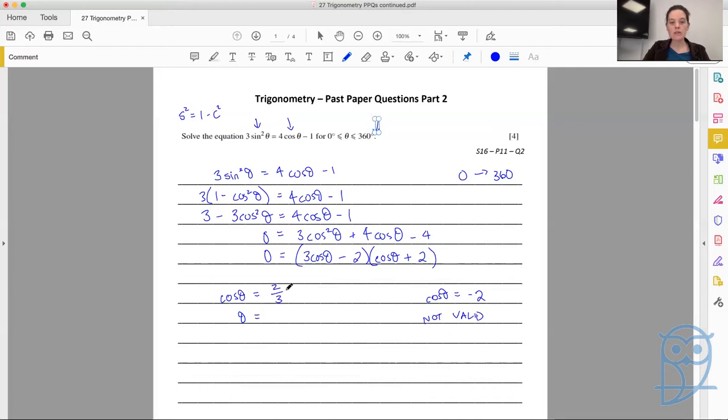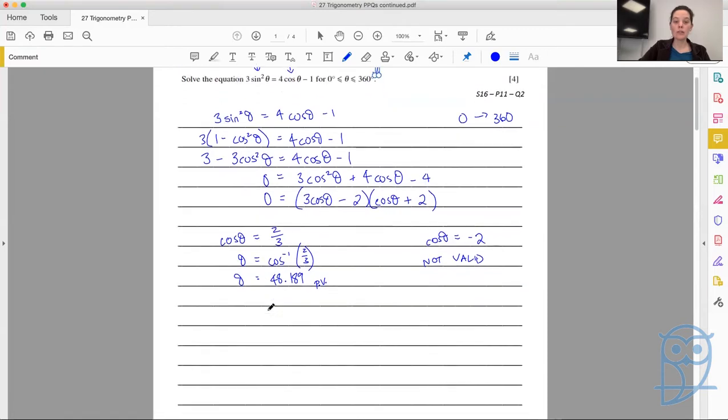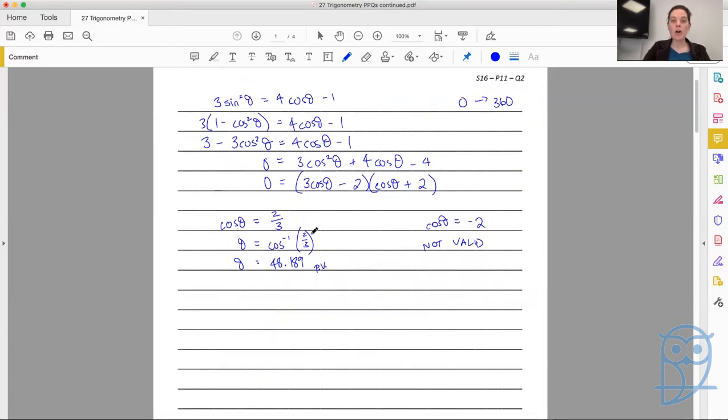So theta equals cos to the minus 1 of 2/3. So theta equals 48.189. And remember, this is always labeled as your PV. Okay, that's your principal value. It's your answer in the 0 to 90 from cos to the minus 1 of the modulus of K. After your PV comes your cast diagram. Noting the sign of K, positive, working with cos, so we want all, and we want cos. So theta 1 is going to equal